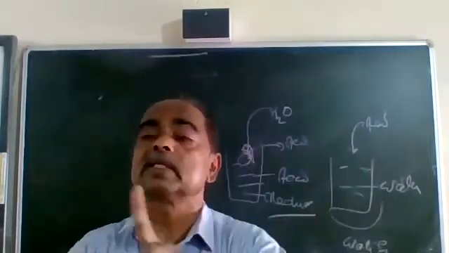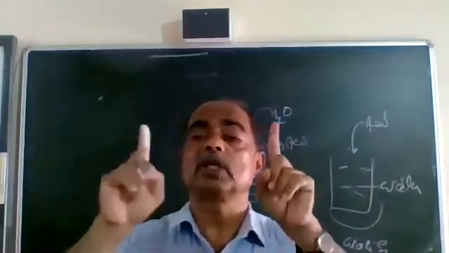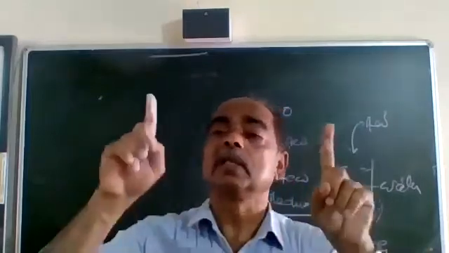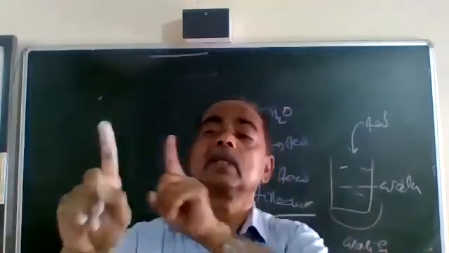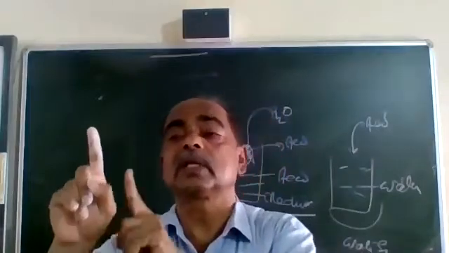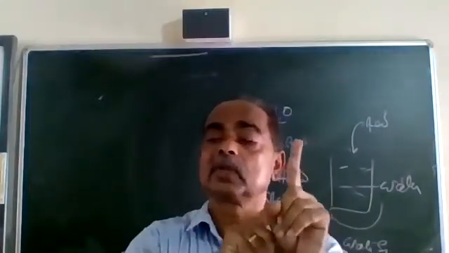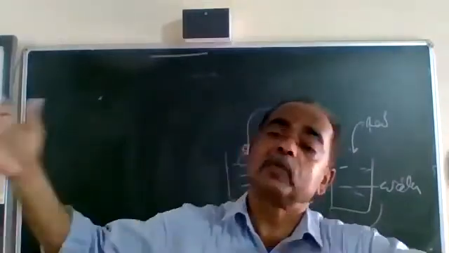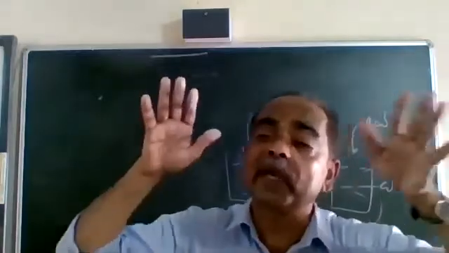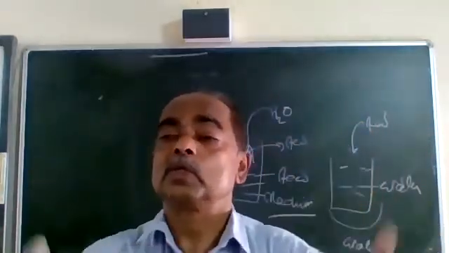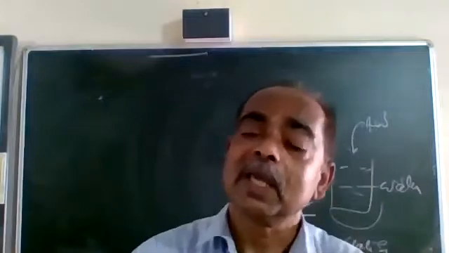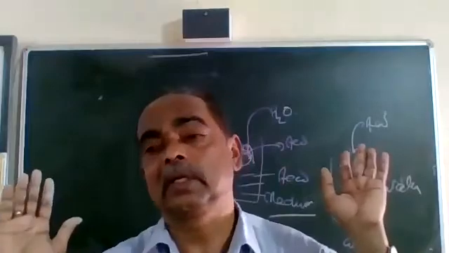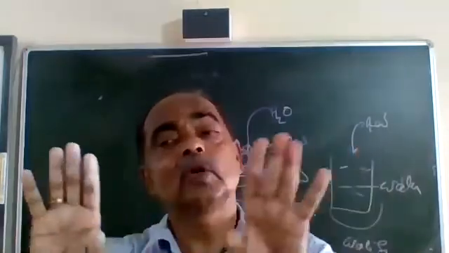Dilution or concentration is a comparison. You have been given two test tubes containing acid. If this test tube contains less water and this contains more water, then the one which contains more water is more diluted than this. That's it clearly. So how do we prepare an acid? An acid is produced by dissolving whatever is in water. So every acid has got water in it. If the water content is more in comparison to the other, then that is diluted. Clearly, every acid has got water in it.